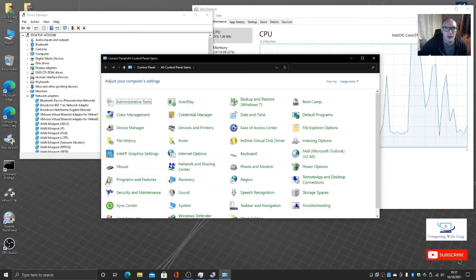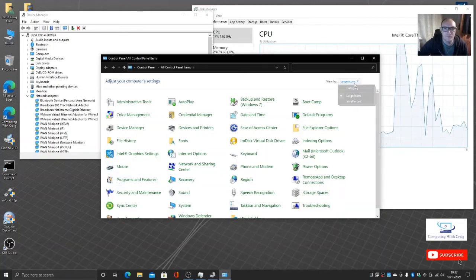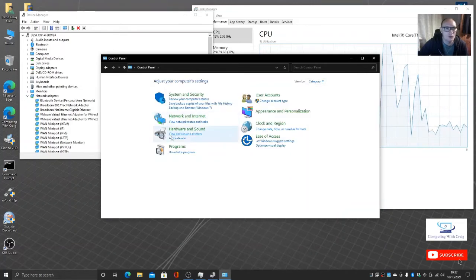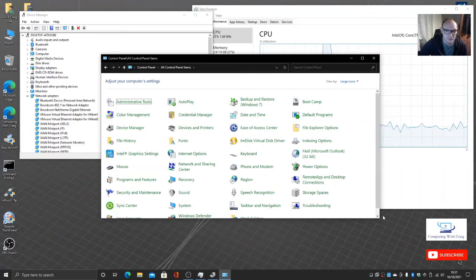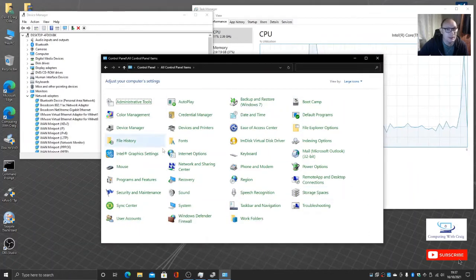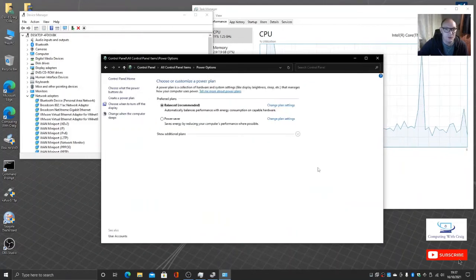Now, if you have your control panel like this, so if you go up to the view by where it says category and then select large icons, you will have the screen like this. Now what we are looking for is power options, so we go into power options. Now when we've gone into power options, we then go on to choose what the power button does,